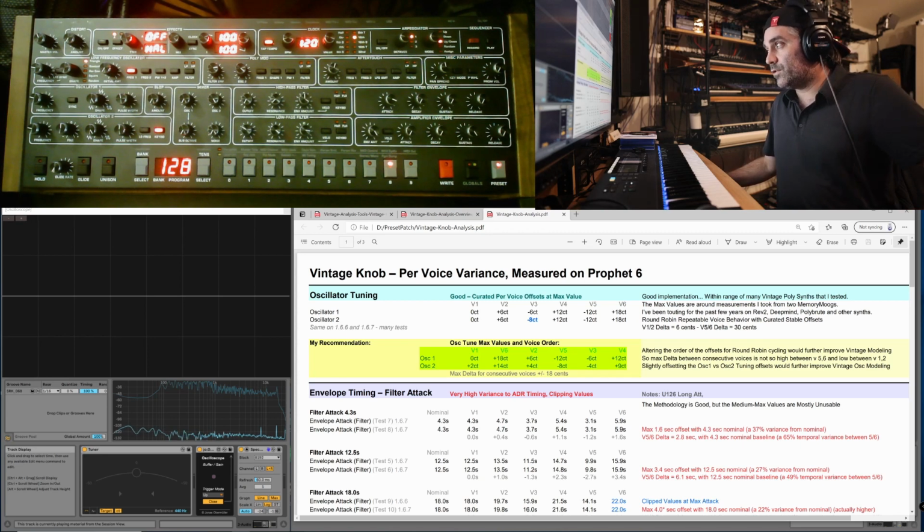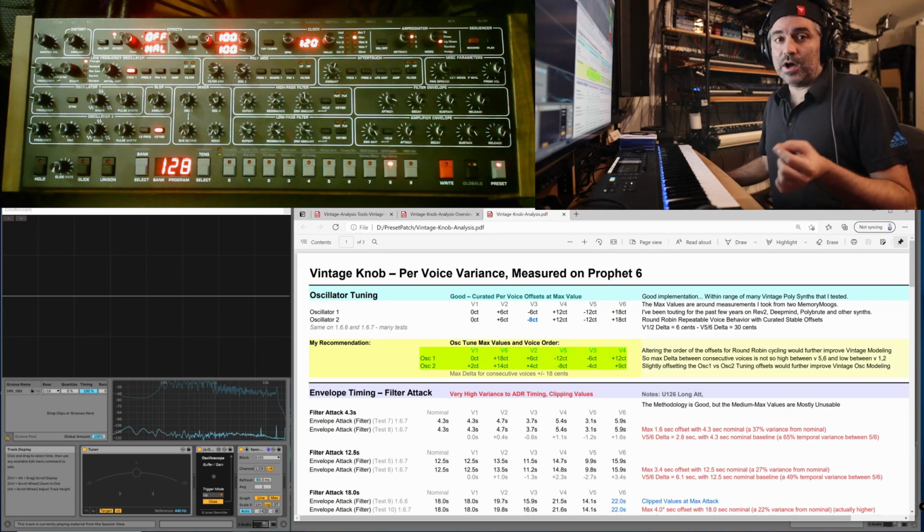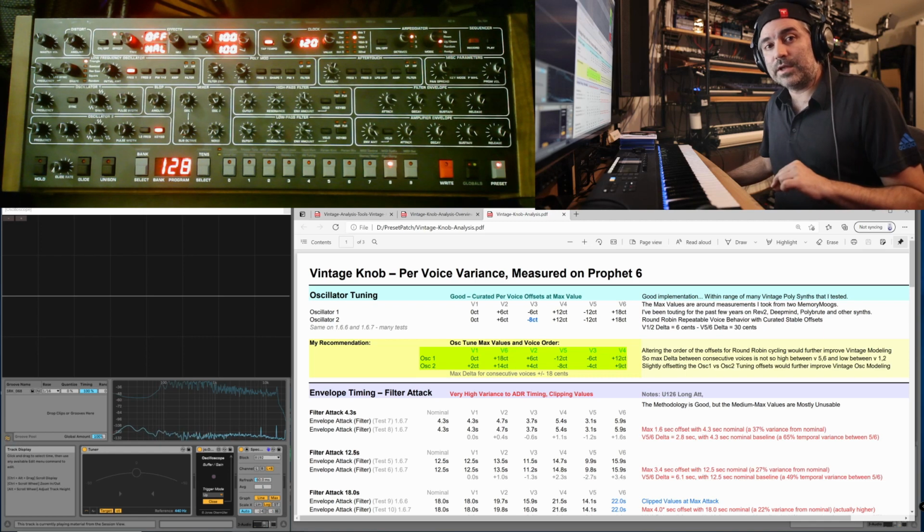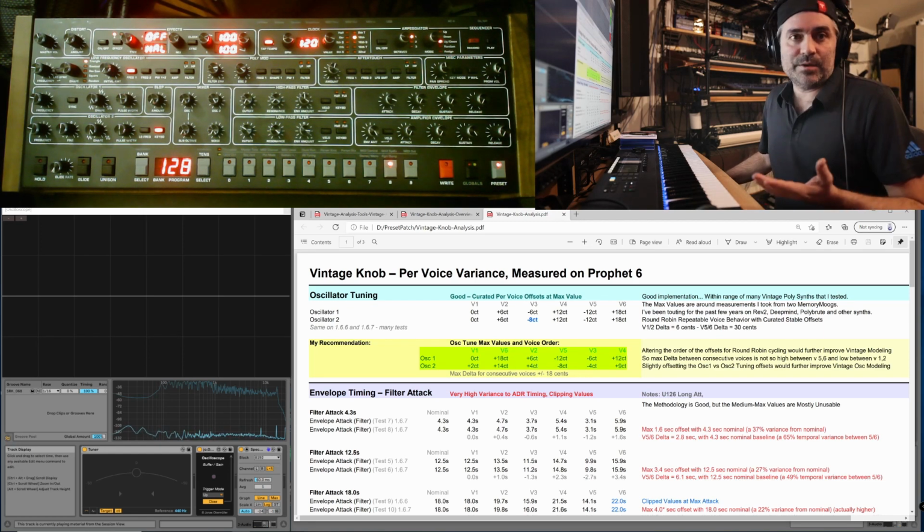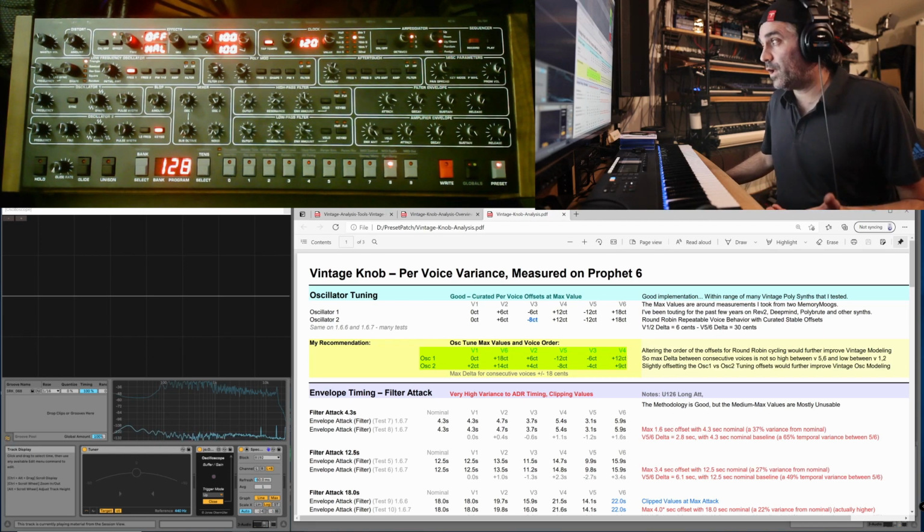That's very realistic for a vintage early 80s polysynth, VCO polysynth like this with a lot of character. So the total value range is good, but my recommendations here are twofold. First off, I would recommend to slightly offset oscillator 1 from oscillator 2, like it's done in voice 3 currently. This is a more realistic vintagey type of character, having a separate offset for oscillator 1